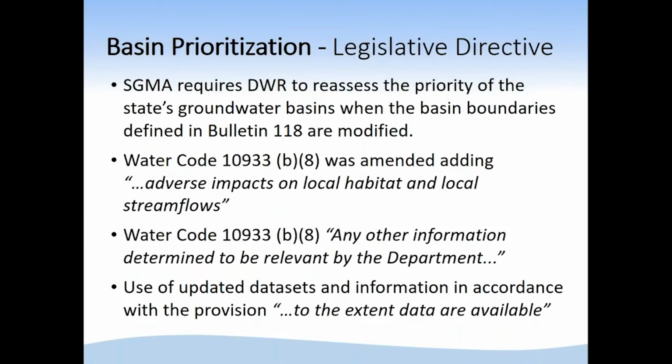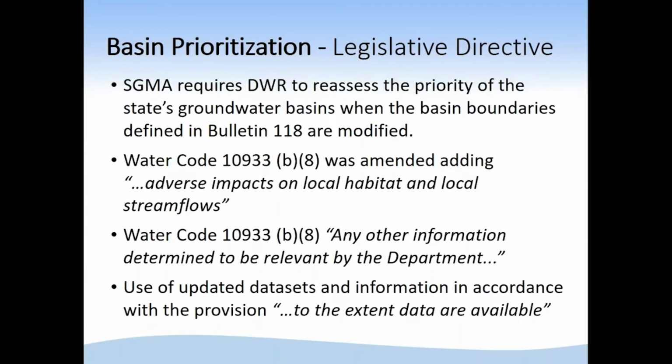And finally, DWR has an obligation to look at updated data sets and information related to the provision to the extent data are available. I should mention at this time that related to that third bullet with the SGMA 2018 prioritization process, the department looked at 4 factors that were not looked at the time of the 2014 CASGEM prioritization.